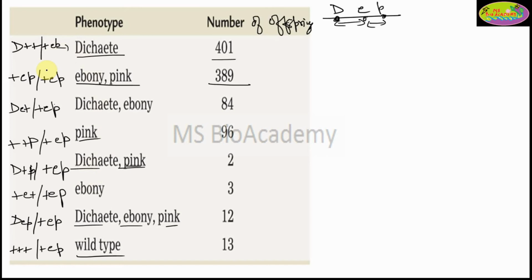Why it is required, I'm going to tell you now. In order to find the sequence in the gene order, I've told you in the previous video what we have to do. We have to first look for the maximum number of offsprings present in this particular data. So these are the two maximum number of offsprings. They will always be your parental type. So this will be P1 and P2. Just mark them. Now look for the least ones. So these are the two least ones, 2 and 3, right? So they will be your double crossover.